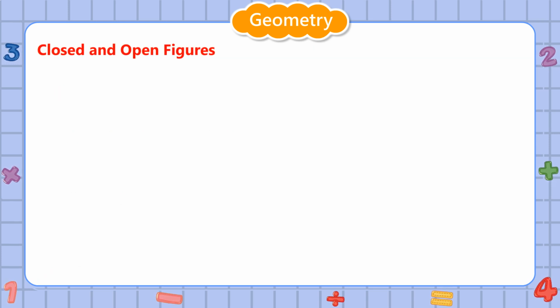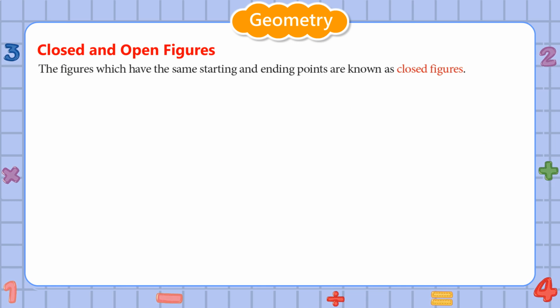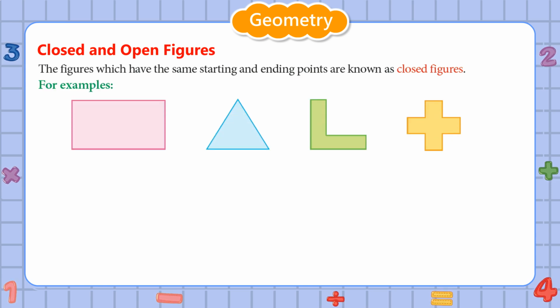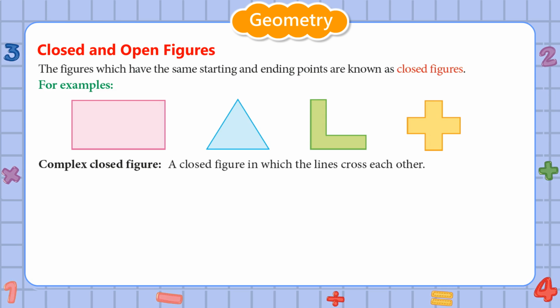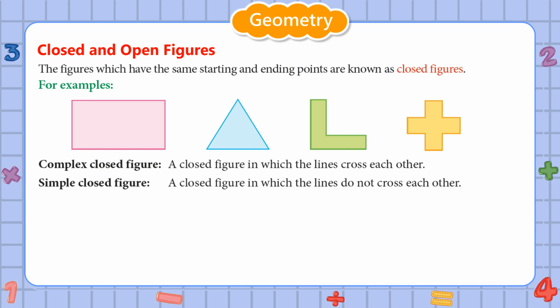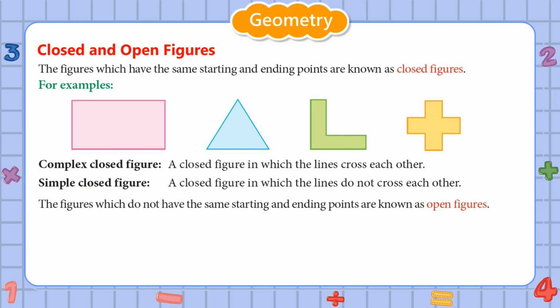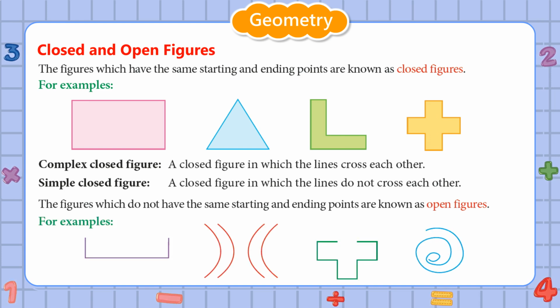Closed and open figures. The figures which have the same starting and ending points are known as closed figures. For examples, complex closed figure, a closed figure in which the lines cross each other. Simple closed figure, a closed figure in which the lines do not cross each other. The figures which do not have the same starting and ending points are known as open figures. For examples,